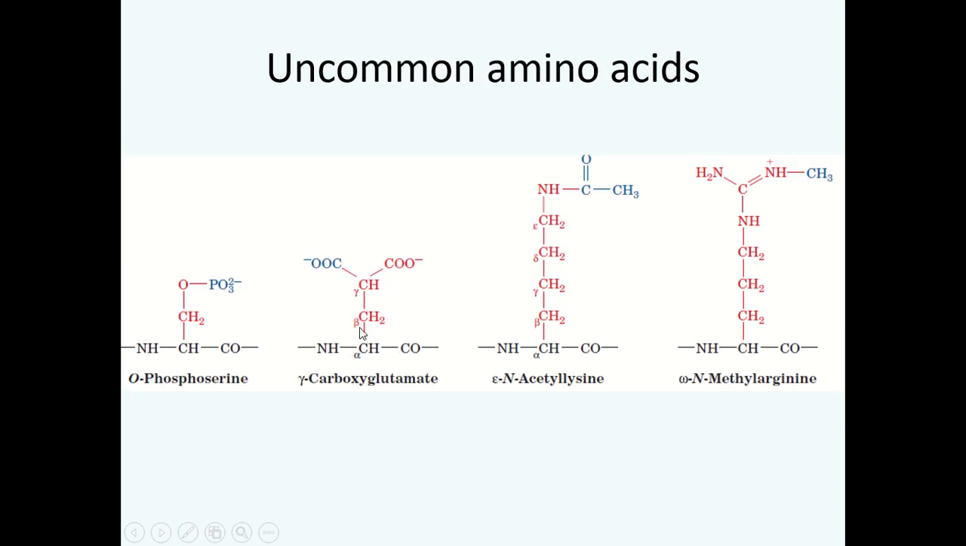Carboxyglutamate is a derivative of glutamic acid. It contains an additional carboxyl group on it. It is a substituted amino acid which is found in the blood clotting factors. Acetyllysine is a derivative of the amino acid lysine. Acetylation of lysine is important for regulating the binding of DNA to the histone proteins. So these amino acid derivatives, although they are not the standard amino acids, are essential for various important